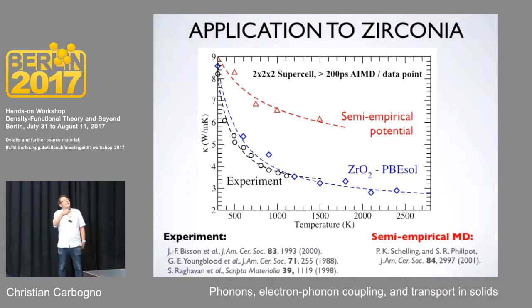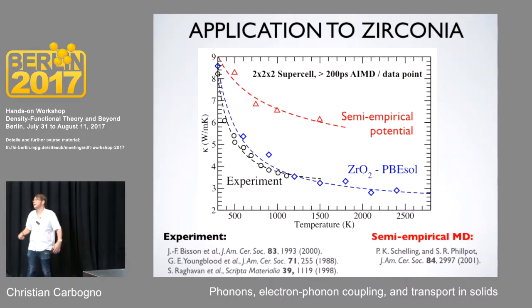You can compare that to a semi-empirical classical calculation. This immediately shows you that you're doing better than them. That is not too surprising. We're using a much better description of the interactions. But what it also shows you here is that this classical potential was not able to go anywhere beyond 1500 K. The simulation would just explode. While when using first principle methods, you can really go from room temperature up to the melting temperature of the material without any additional involvement.